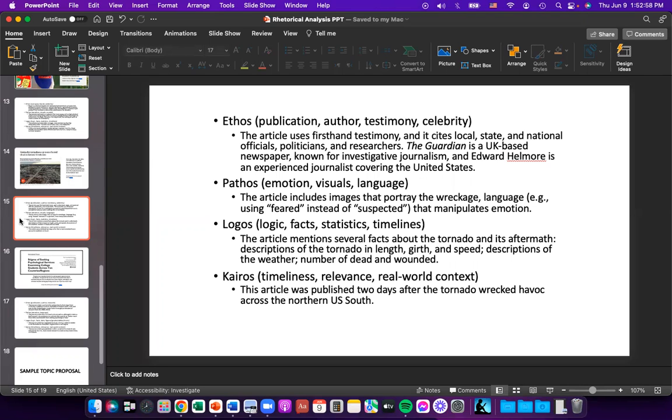As far as Kairos goes, this wasn't immediate news. It took 2 days for The Guardian to publish their article, so if you were wanting sooner news, again, you probably would have looked at your local stations and read local news. So 2 days may not seem like a long time, but 2 days is actually a very long time. Enough for other news sources to cover things like NBC. So The Guardian is borrowing from other newspapers. And